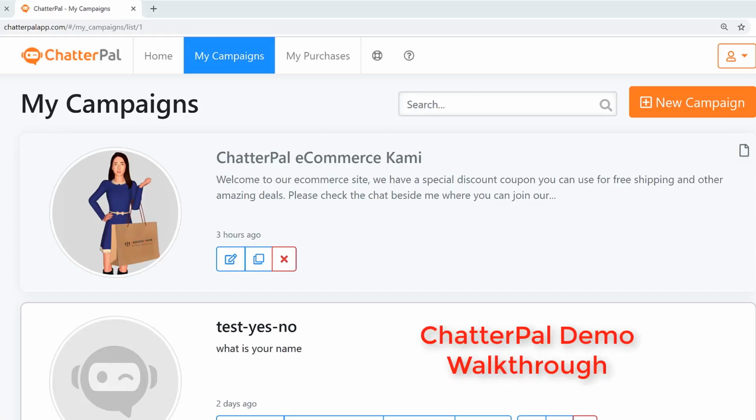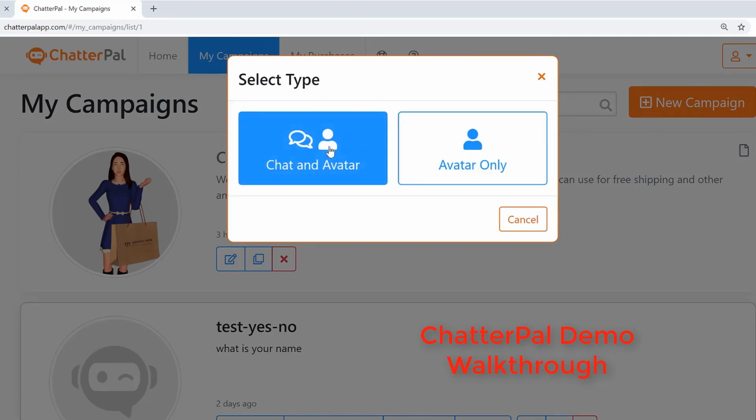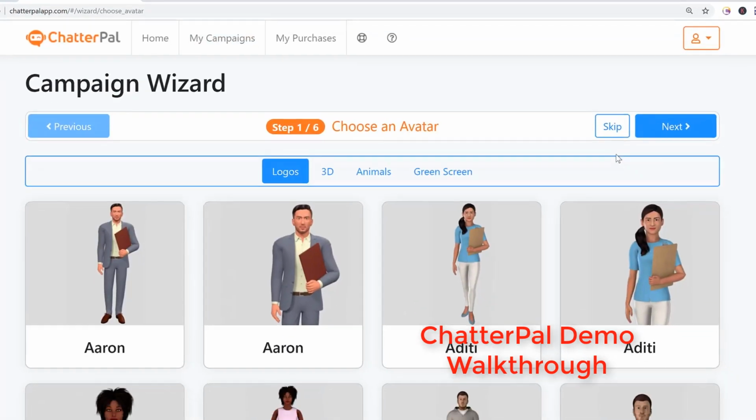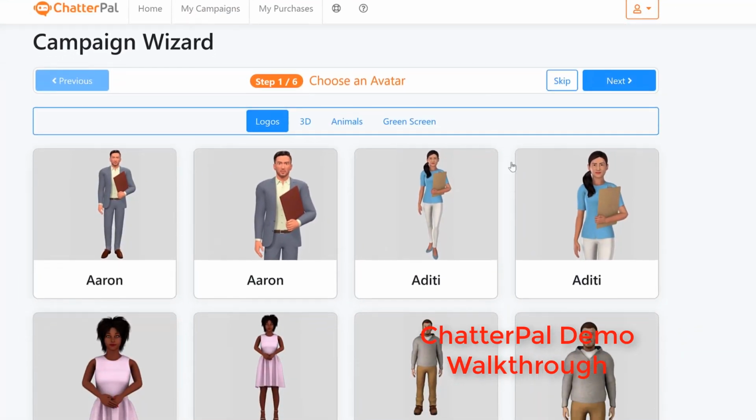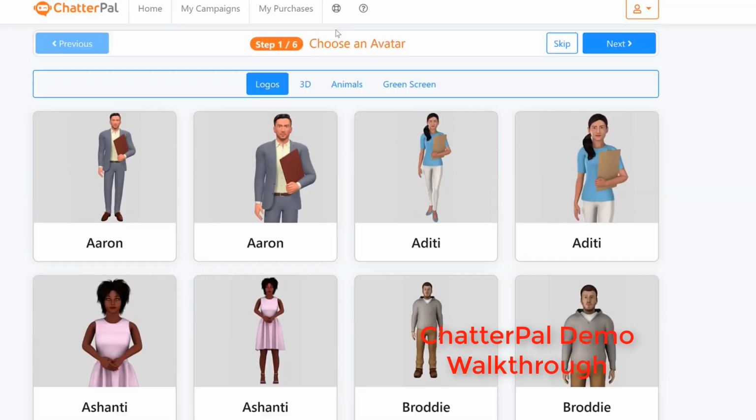All you have to do is just jump into the app, click on My Campaigns, then click New Campaign, and it's going to ask me to select type, whether it's chat and avatar or just avatar only. I'm going to use the chat and avatar option. Then we go to the next step. Here we can choose all our 3D avatars. By the way, here's where you have those 3D avatars